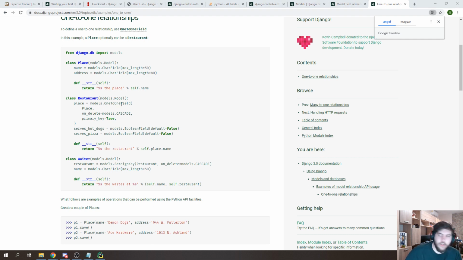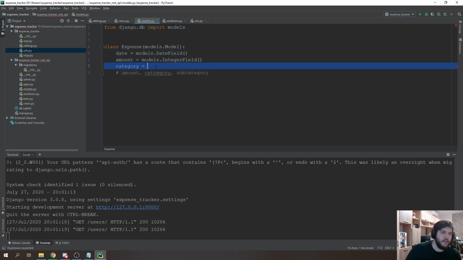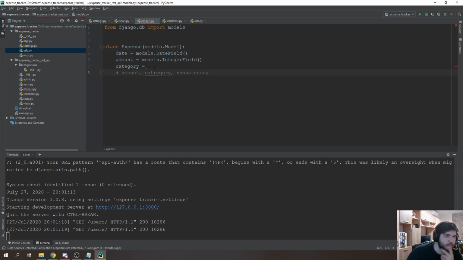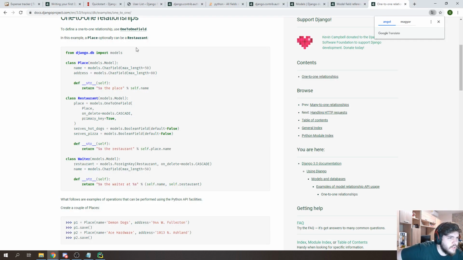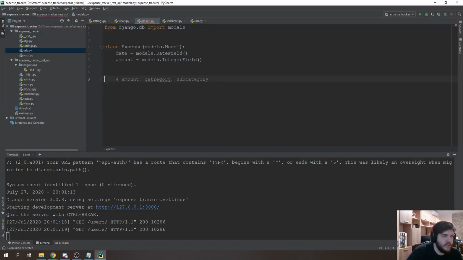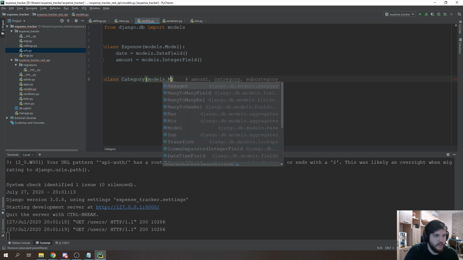And I'm thinking here that we don't need to specify the category field here, but just create the category class, and then we need to specify in there that it connects to this expense class. Yeah, let's do that. So category, models.Model,